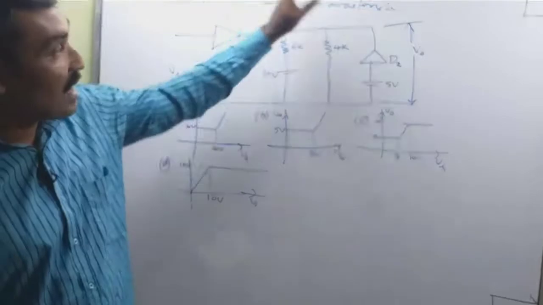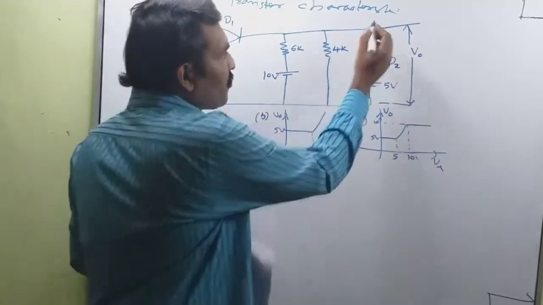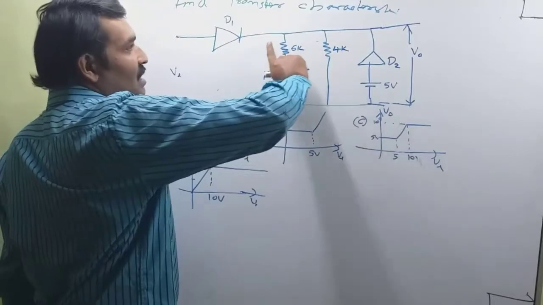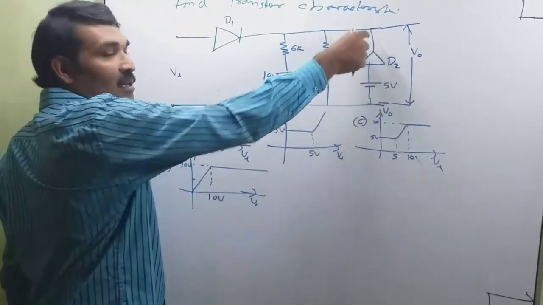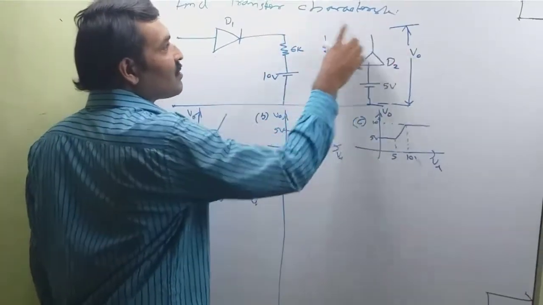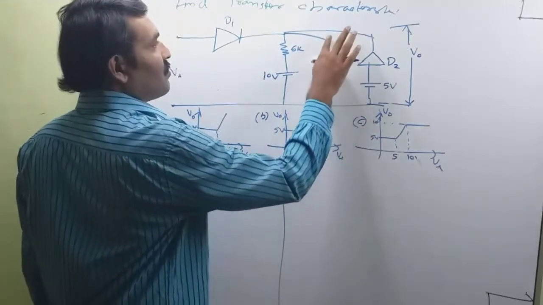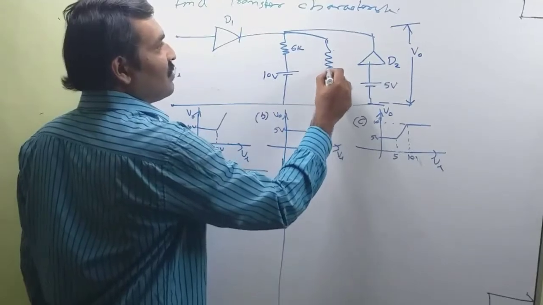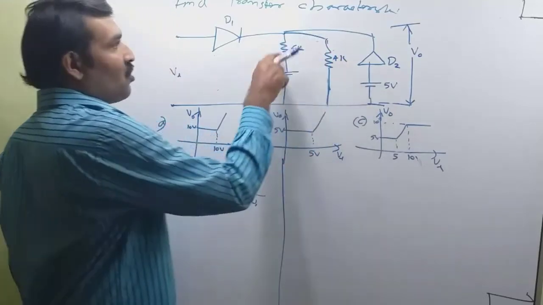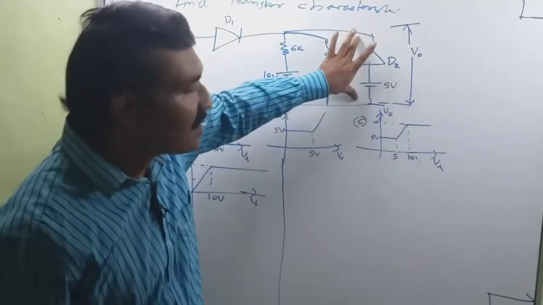So this is a circuit. We want to find the transfer characteristics, that is, the output voltage against V input for the circuit. So output voltage is measured across this diode. So this element and this element are parallel. These three elements are parallel elements. I can redraw the circuit. Redrawing the circuit, this is 4K. So all these three elements are parallel. So the voltage across this element is the same as this element, same as this element.